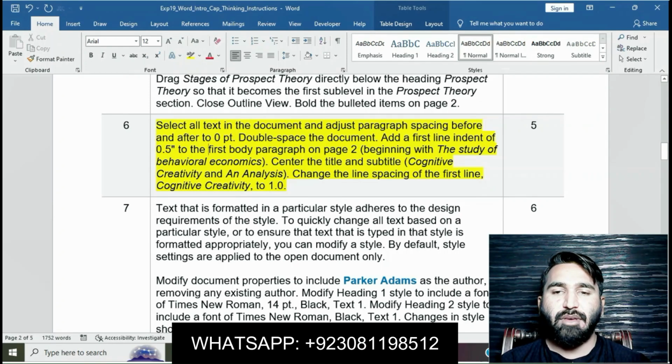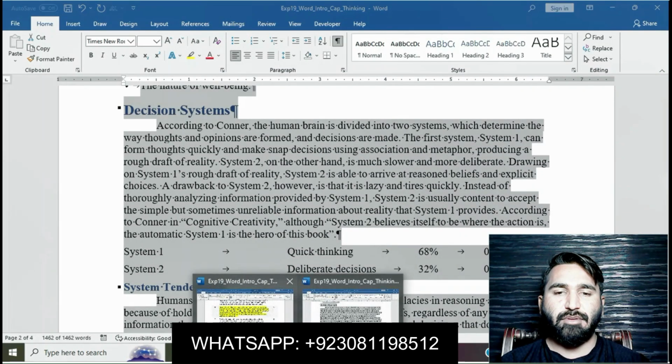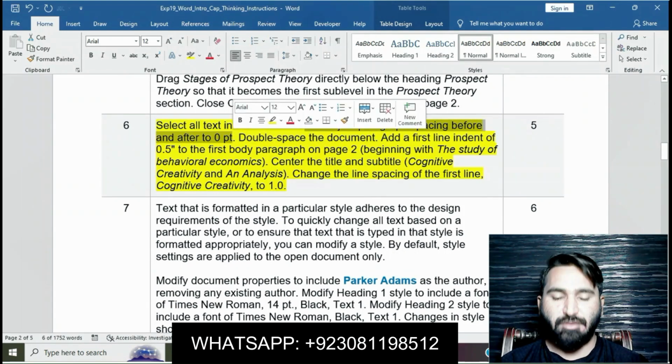Change the line spacing of the first line, cognitive creativity, to 1.0. Select all text in the document and adjust paragraph spacing before and after to 0 pt.